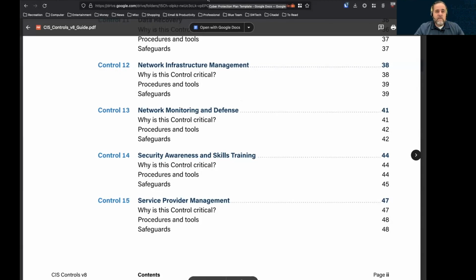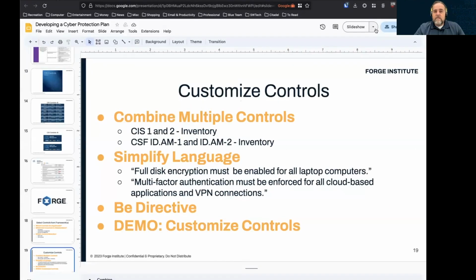There's a ton of security controls out there, and the one-size-fits-all mentality of the people who write these is trying to be everything to everyone. So you might not have these functions in your organization at all, which would make implementing those controls a burden on your company for no real risk management benefit. So you've got to be careful when you're looking at these and how you're doing that.